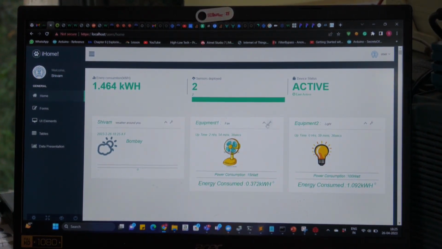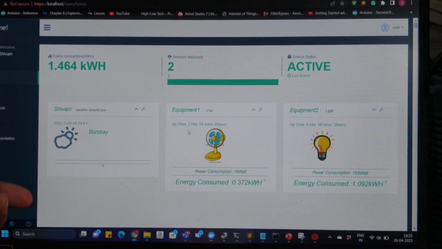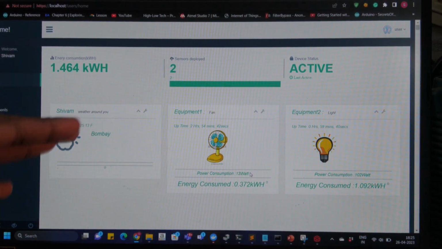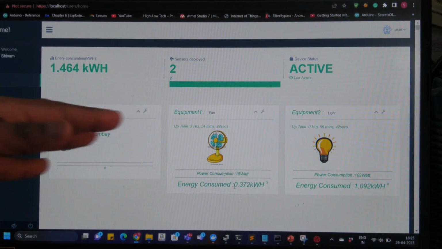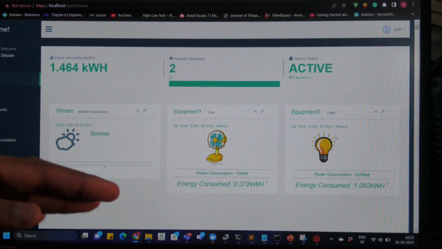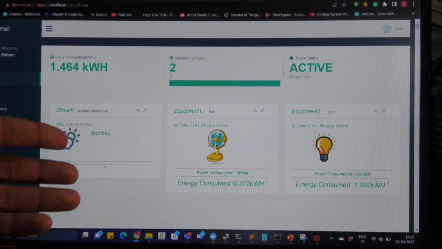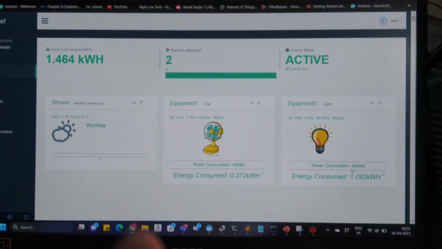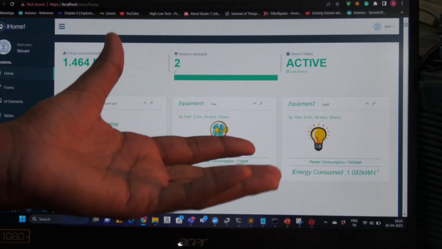This dashboard has a panel where the equipment ID is given, along with how long the equipment has been on, and the live power being consumed. Based on the power and the uptime values, we also calculate the energy values. Similarly, here is the power consumed by the bulb. We can see that it has been on for almost an hour, and the power consumption is almost 103 watts or 99 watts, and this is a 100-watt bulb, so we are getting a very close power value. And here is the energy consumed, calculated based on the uptime.